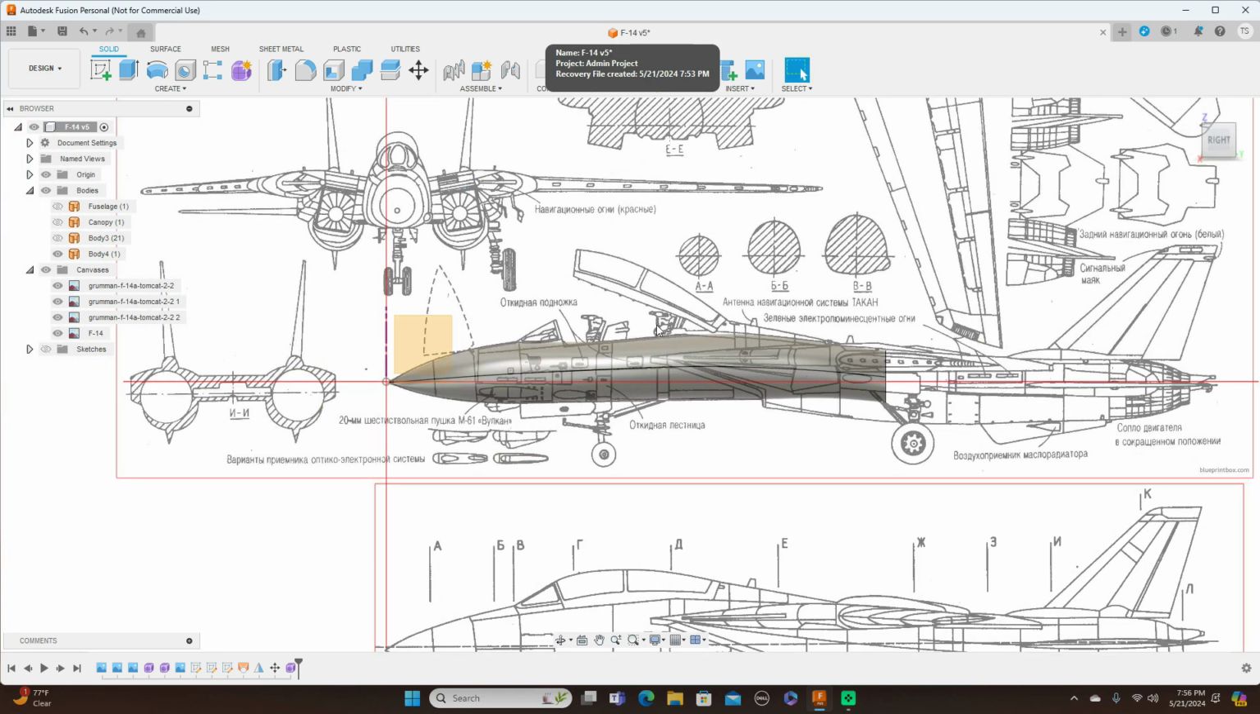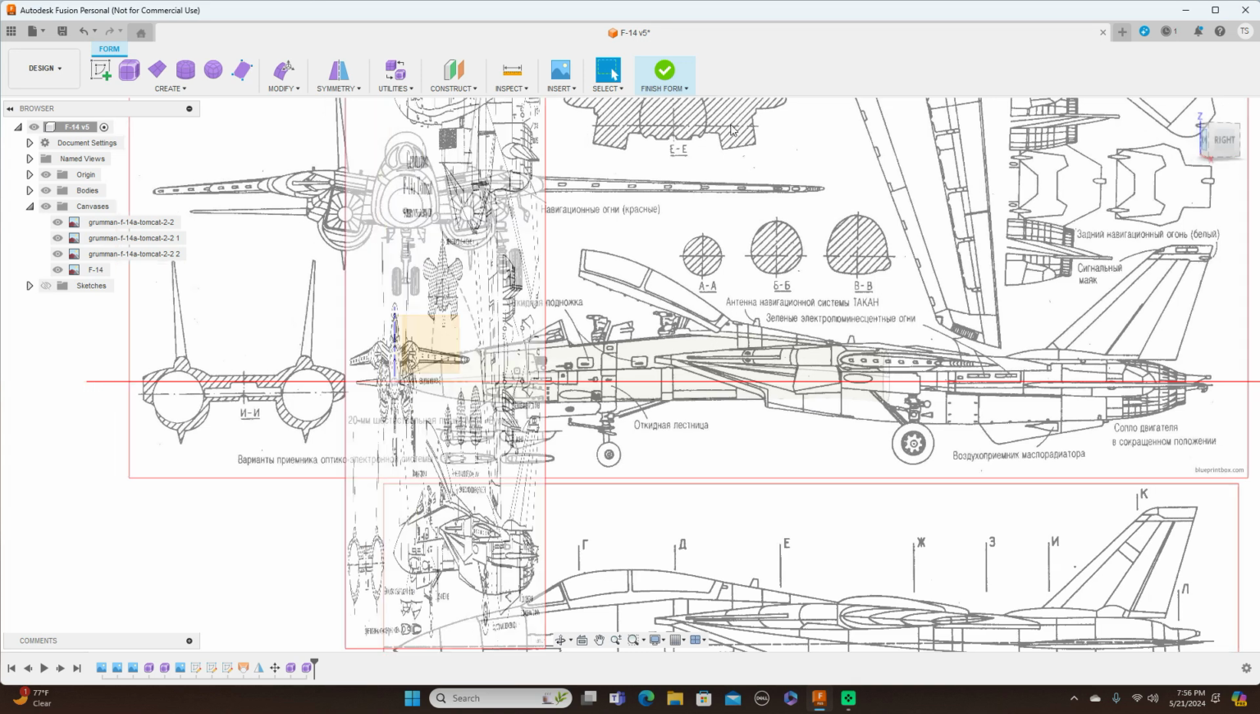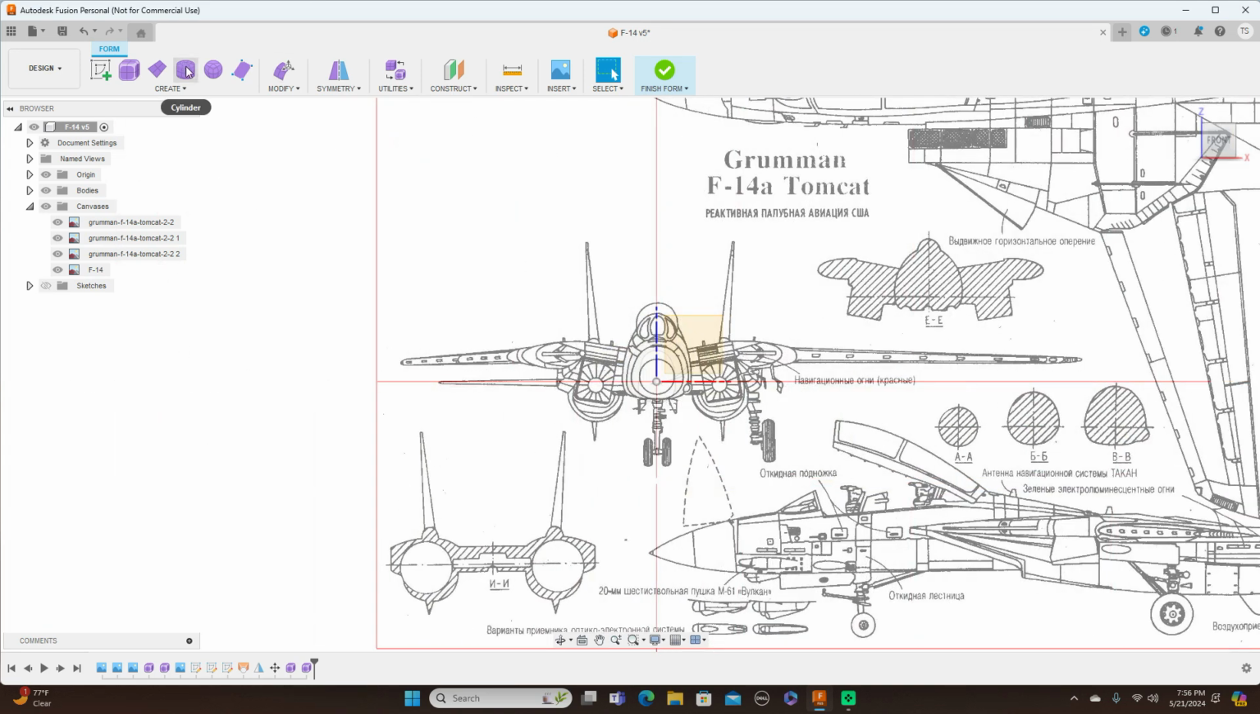Now let me do the canopy up here. Now this canopy is not closed, so I'm just going to simulate it being closed. Just imagine this line, curve up here, extending. So what I'm going to do now is come up here, create form, to the front, select cylinder again on this plane,